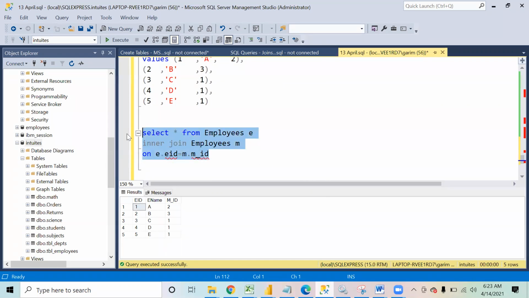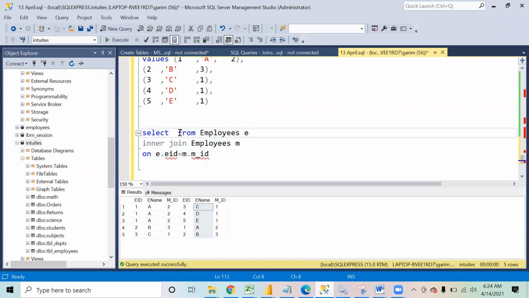Right? So if I run this now, we can see all the columns have been generated. Sorry, this is the manager name and this is the employee name. So what I can do now is I don't need to keep all the columns.